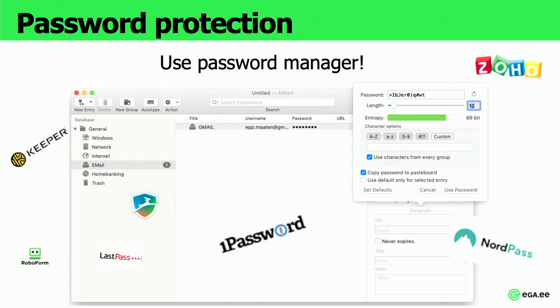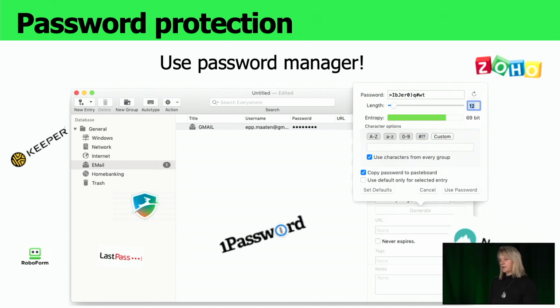But the purpose of a password manager is that you need to remember only one complicated password to access it. Once you are inside, it's really easy to get the other passwords wherever you need them, in a unique and complicated way, but you don't have to memorize them.